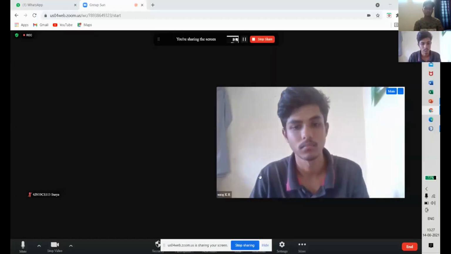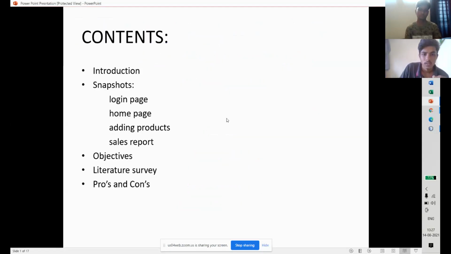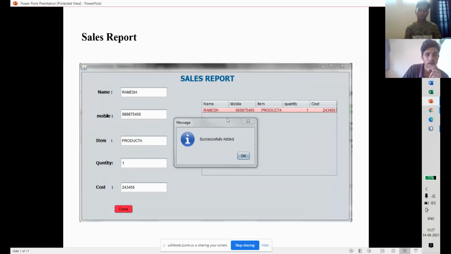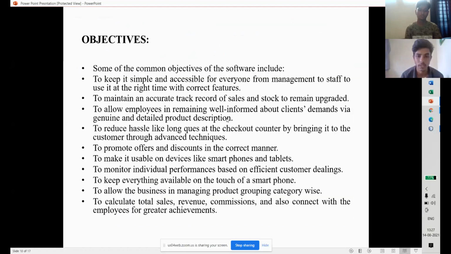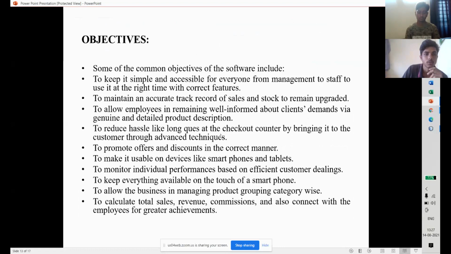My teammate Surya has explained the basic information about our project, and I'm explaining the continuing part. This is the objectives of our